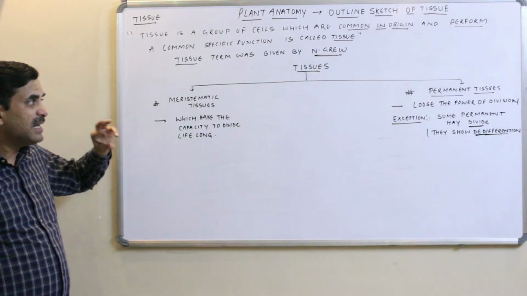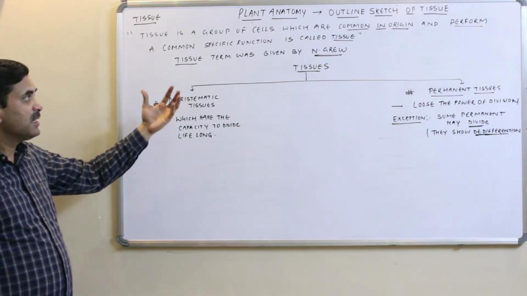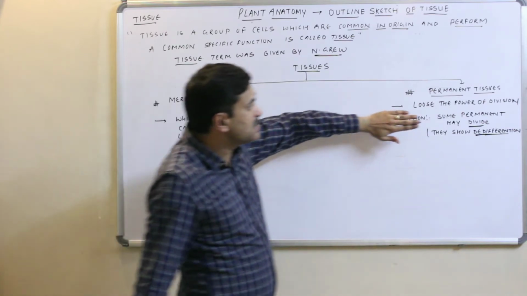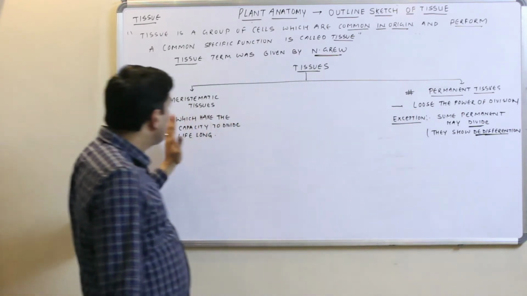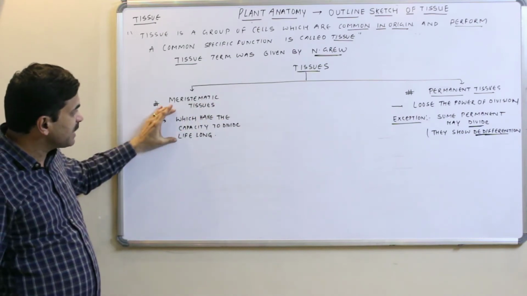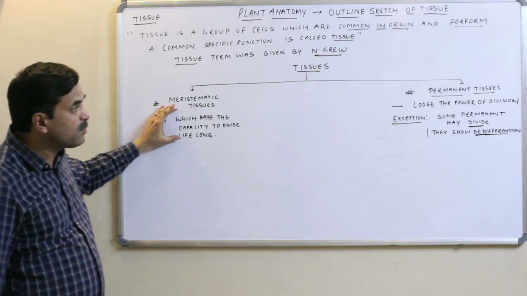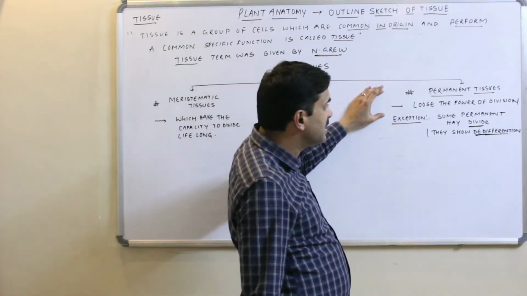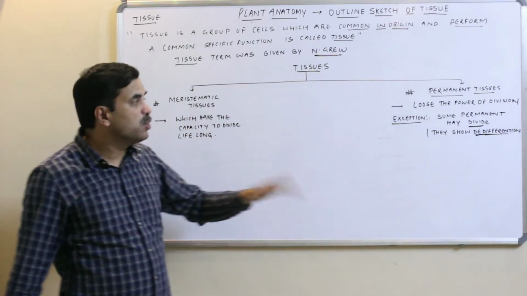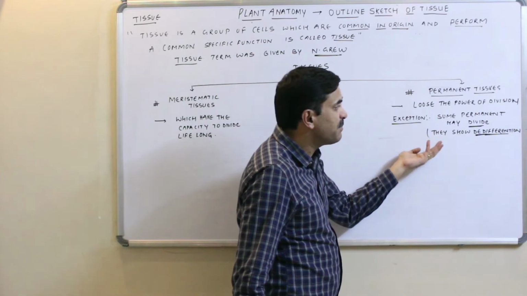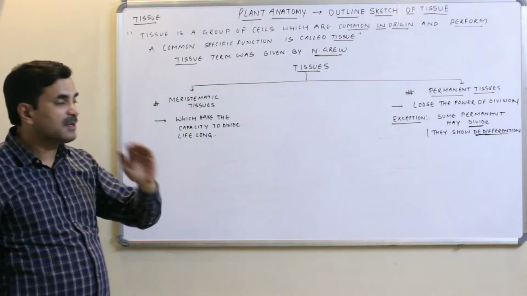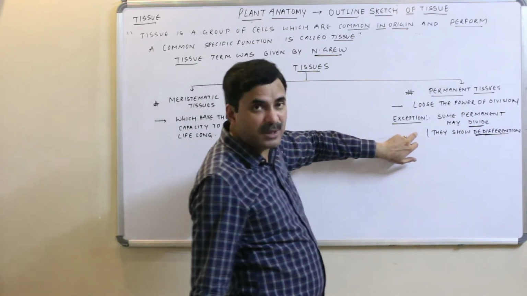But in common, when we talk about the chief difference between the meristematic tissue and the permanent tissue, if we don't focus on the exception, then the basic difference is that meristematic tissue has the capacity to divide lifelong, while the permanent tissue, as the name indicates, has cells that got differentiated and lose the power of division. Though it is true that there are some permanent tissues which can undergo dedifferentiation and can also divide. But this point we will be discussing when the proper time comes.